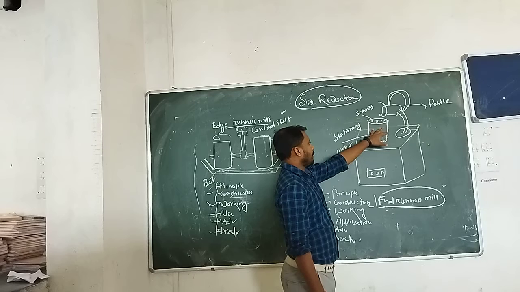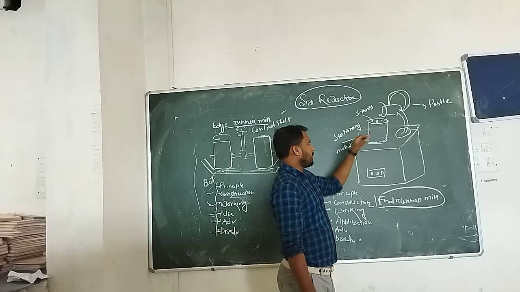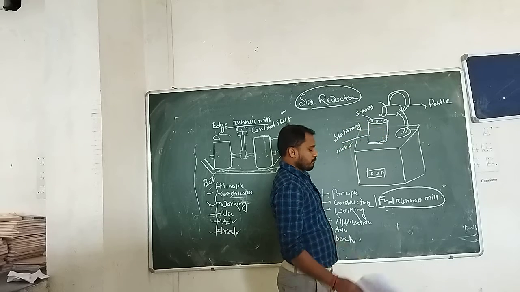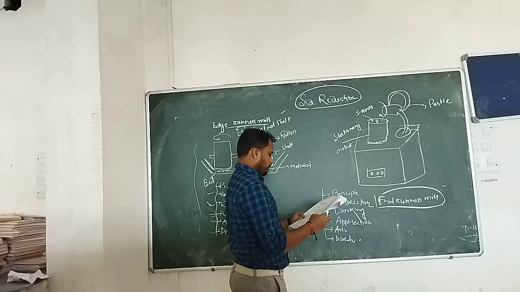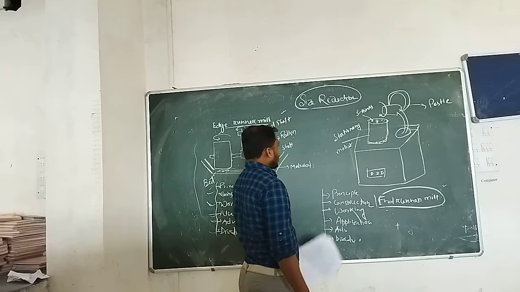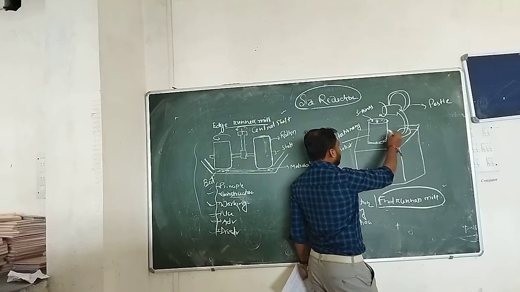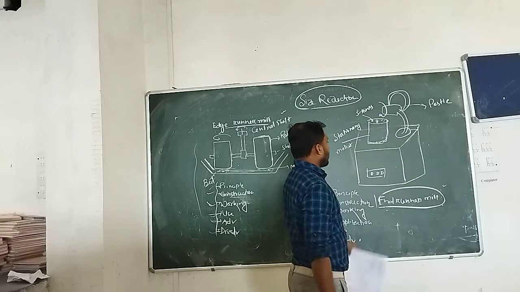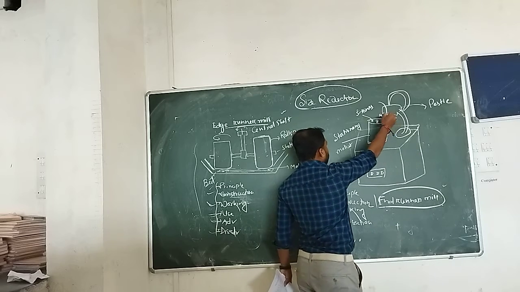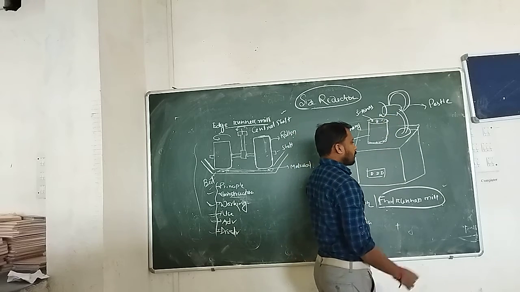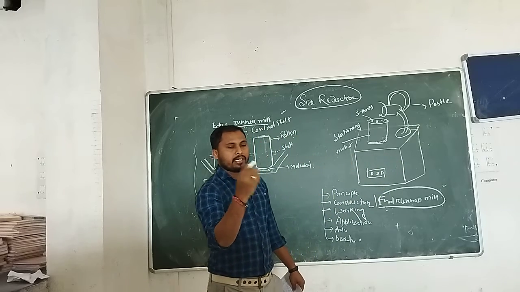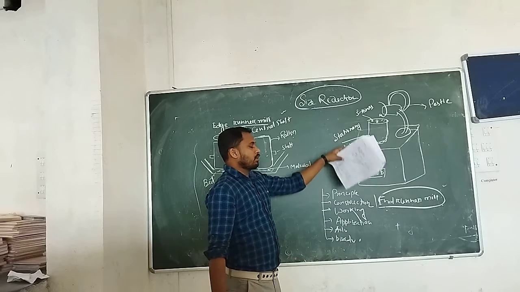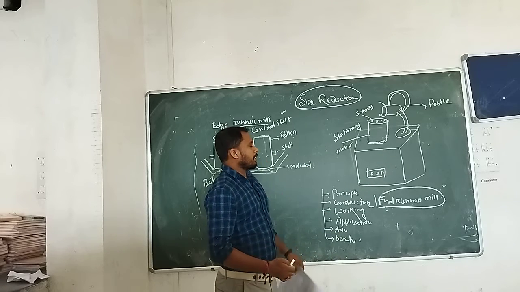The stationary mortar is generally made of stone, and the feeding material is placed into the stationary bed. When we place the feeding material into this stationary mortar and switch on the machine, the pestle will hit the feeding material. As it hits the material present in the stationary bed, it creates an impact. So one working principle is impact.